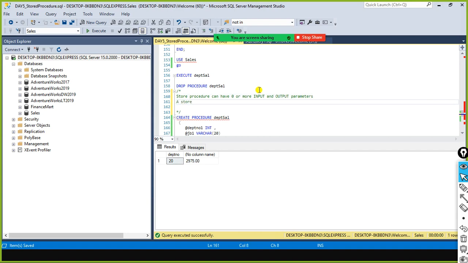A stored procedure can have a maximum of, I guess, 200 parameters. This is the maximum number of parameters you can have. You cannot specify anything beyond this. In a complex project you might need more parameters, but still 2100 and more you will not be using. So you can specify